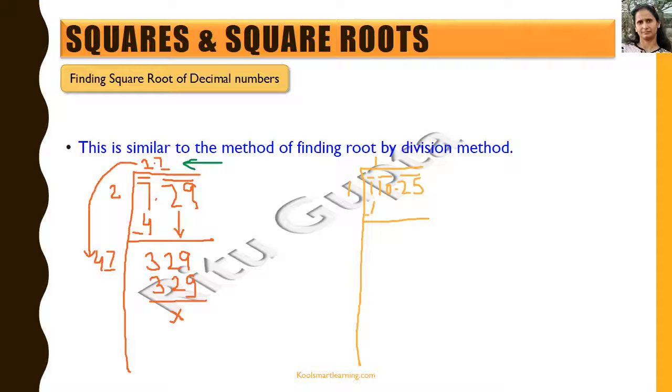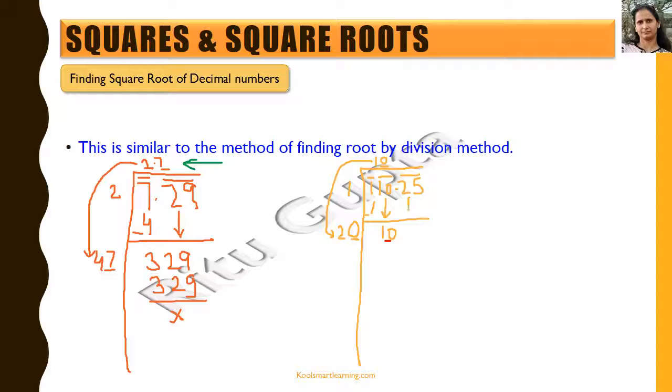So now we bring this pair, which is 10, under the next bar. We bring it down here and we bring double of the quotient here, which is 2, and place a dash over here. So now we know that even if we place a 1 over here, so 21 multiplied by 1 becomes more than 10 that we have over here. So we cannot place 1. Now we'll need to place a 0 there. So we put a 0 here and we put a 0 here,